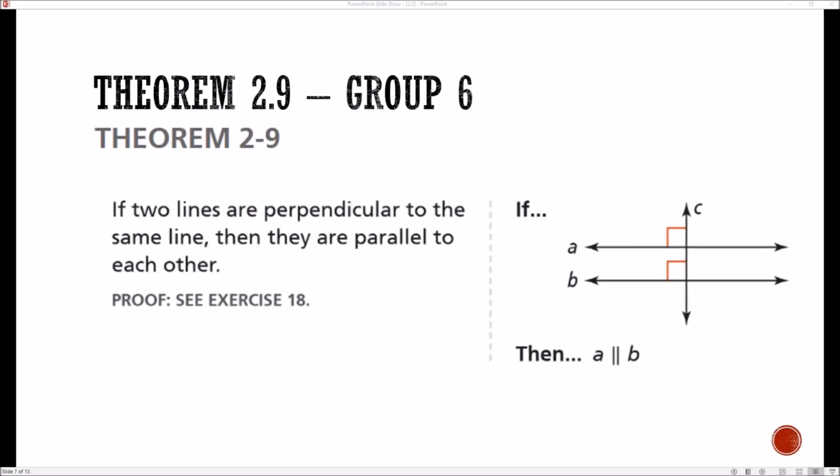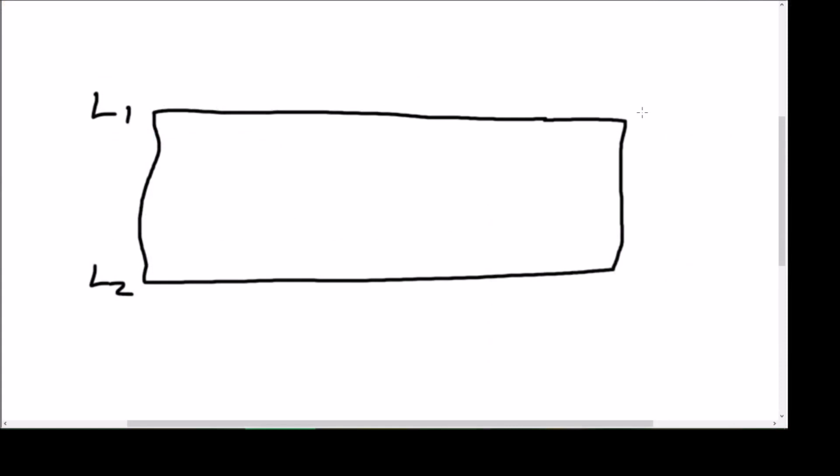So my line 1, if I had better control of my pen, and line 2 are parallel to each other on my keyboard, and I'm going to be able to say that by this theorem, because if 2 lines are perpendicular to the same line, then they are parallel. So one thing we always do, we can extend this line in our mind, and that should be much straighter. And we can see that this would create a 90-degree angle if I extended this and I extended this. So we're going to call this red line and this whole side of the keyboard here